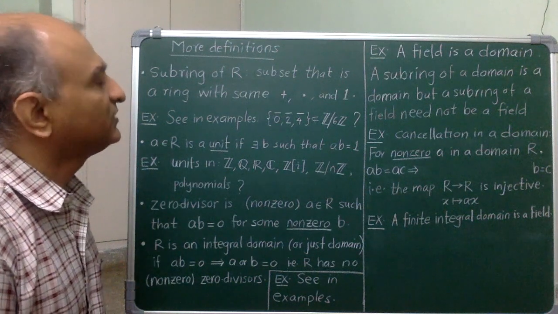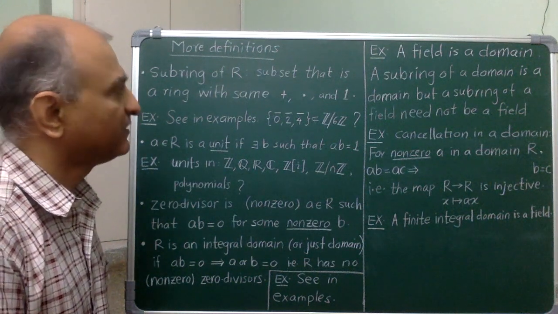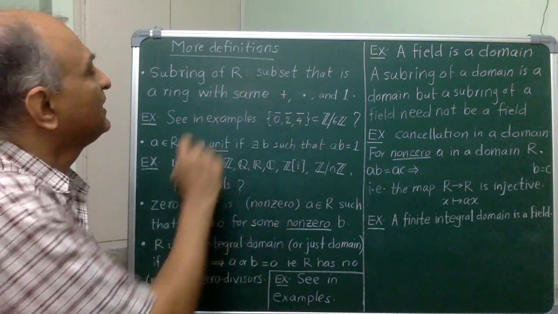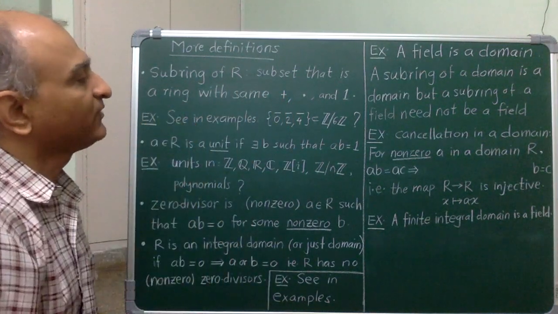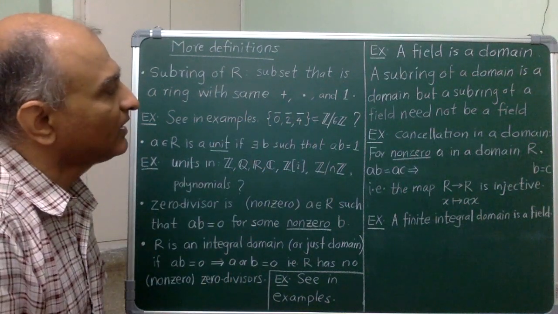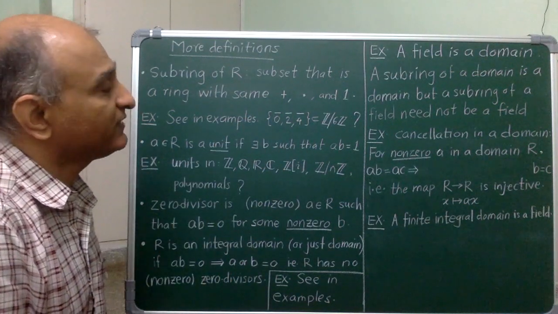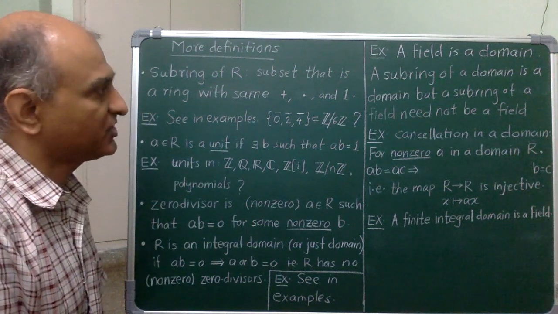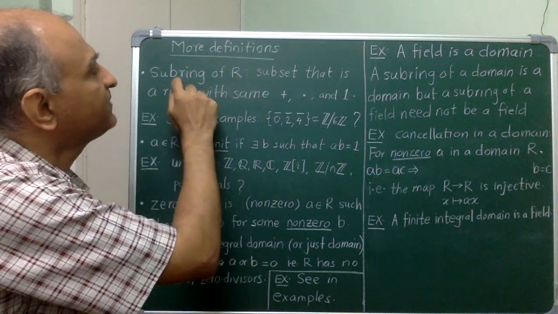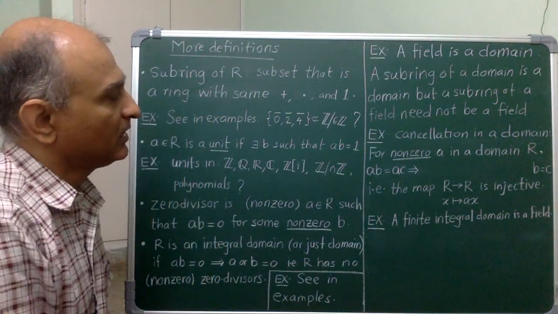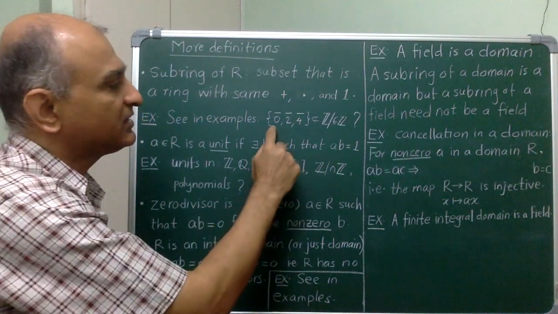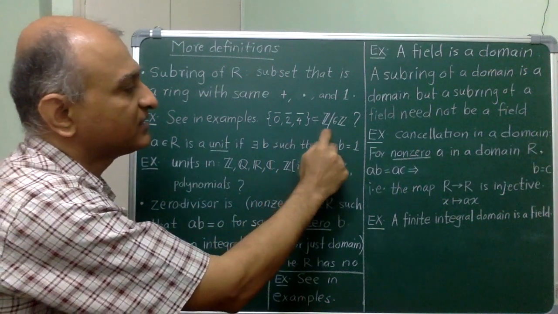In analogy with the way subgroups and vector subspaces were defined, we would like to say that this is a subset of R, that is a ring in its own right with the same operations of addition and multiplication. But in addition, we have to add one more condition here, namely that the one in the ring must be part of the subset. So to see the necessity of this condition, consider this subset of the ring Z mod